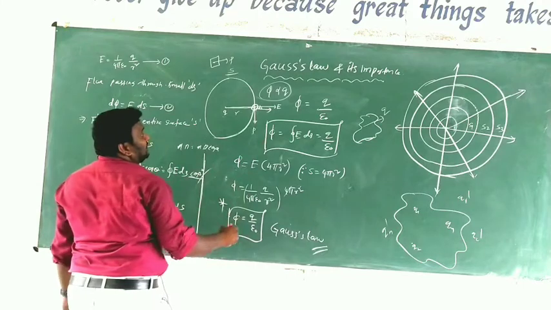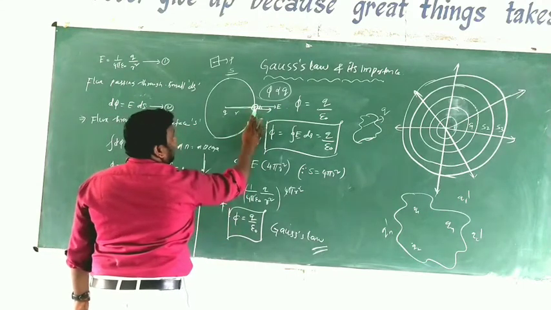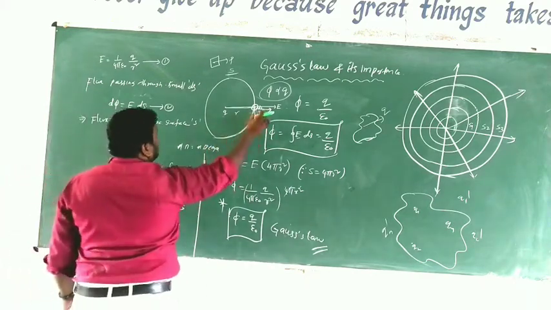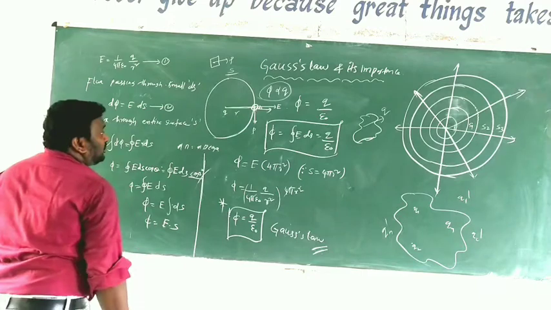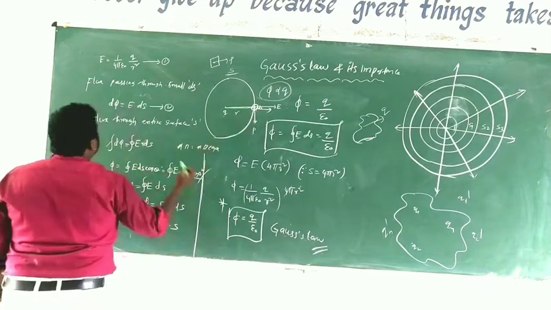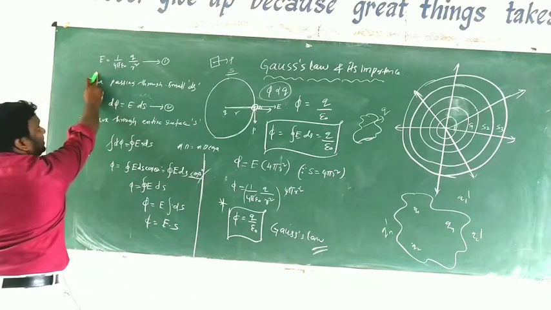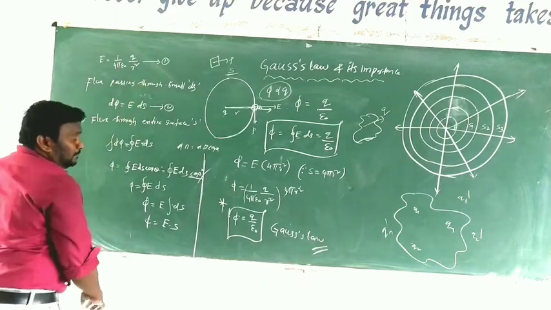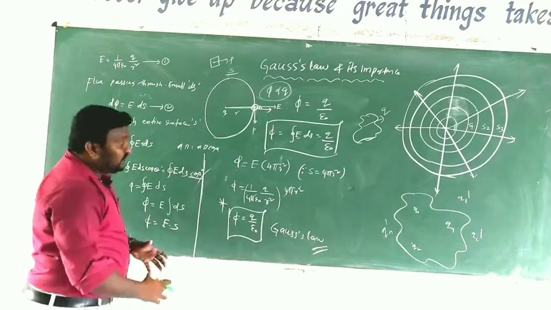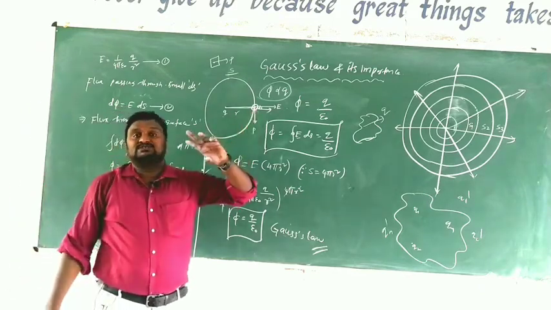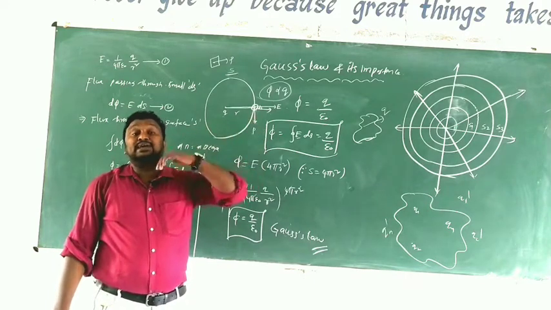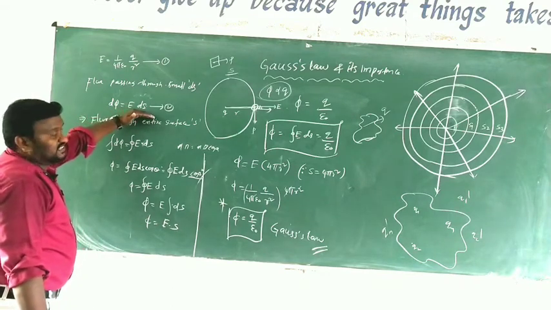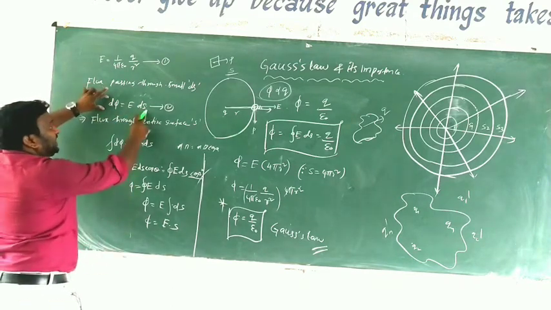Now at this point the electric field intensity and ds are both in the same direction, that's why we take the angle as 0. At this point the electric field intensity can be written as E equals 1 by 4 pi epsilon naught, q by r square, equation number 1. Now the flux passing through the small surface area ds is expressed as d phi equals E into ds. This is the flux belonging to ds only.